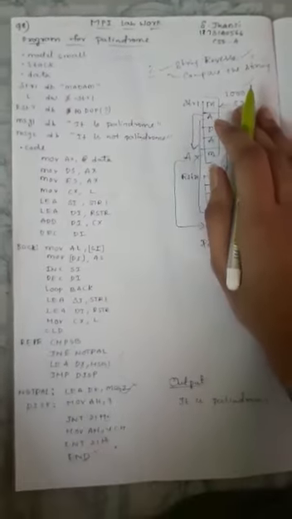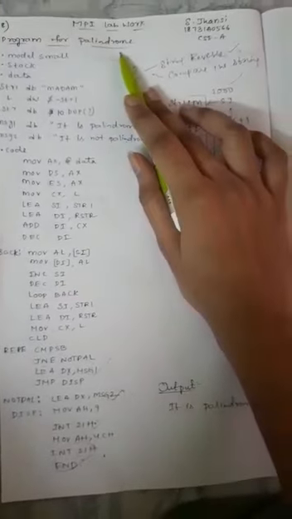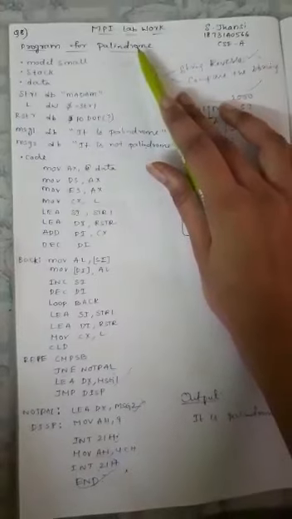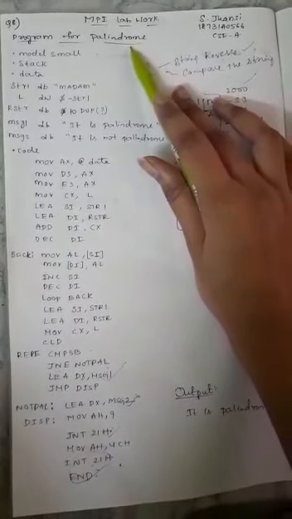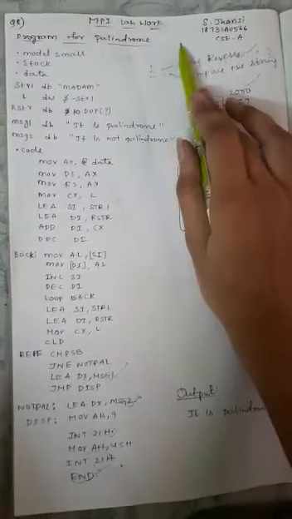Now I am going to explain the ALP program for palindrome. First of all, palindrome means the forward and reverse of a string or a particular number is the same. That is called a palindrome. For the ALP program, writing a program,